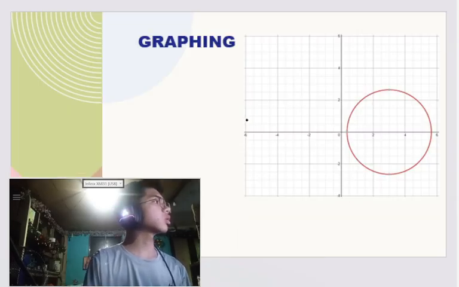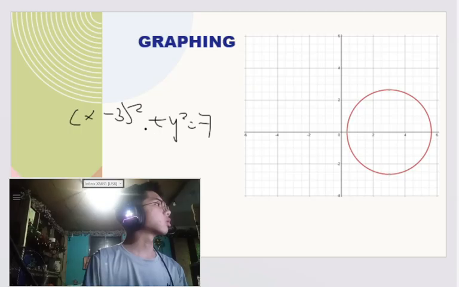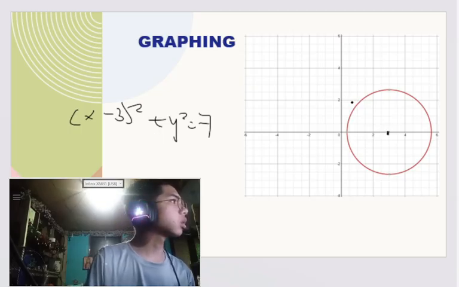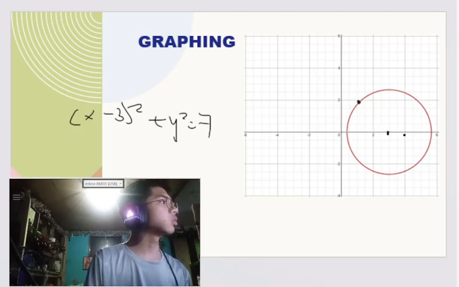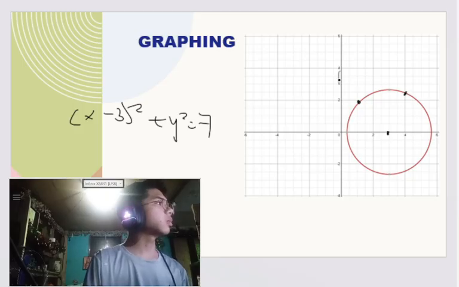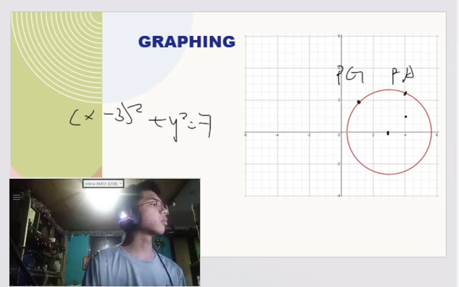So I used a graphing tool, which is Desmos, and got the circle from the equation (x minus 3) squared plus y squared equals 7. The center is (3, 0), which is here, and the playground is approximately here, (1, square root of 3), and the other, which is (4, square root of 6), is here. This is the playground, the other is here. And that's all, thank you.